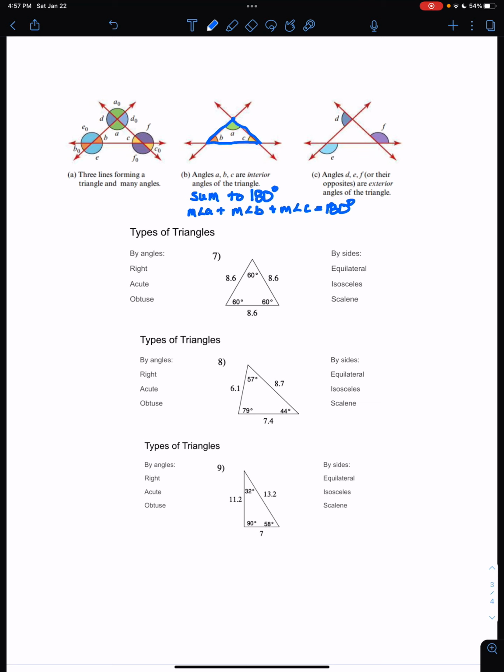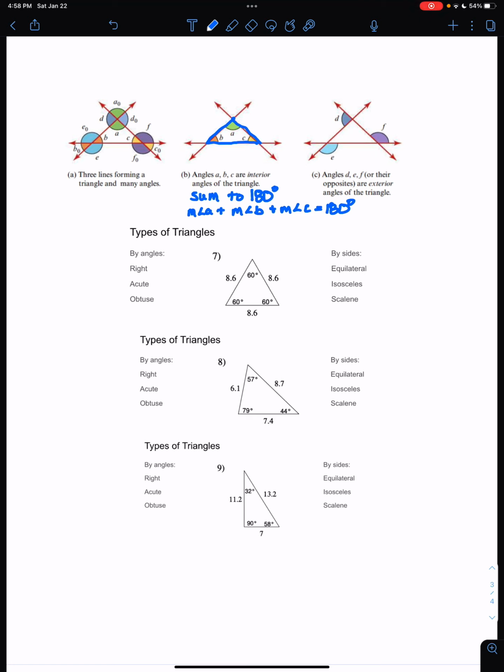So if we know two of those angles, we can find the third angle, because we know that they have to add up to 180 degrees. Always, always for triangles. Something that we notice now about the exterior angles of a triangle. So these are angles on the outside